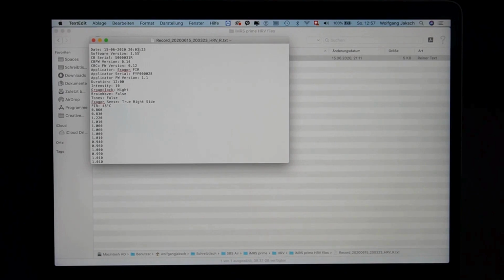And you can read all the information concerning this particular application, which was done June 15, 2020 at 8:03 p.m. You can see which software version you used, the firmware version of the PEMF device, and the serial number of the connector box and the firmware version of the connector box, and so on. You can also see which applicator you were using during this application. In my case, it was a FIR. The serial number of the applicator, the firmware version of the applicator, and also all the application patterns,